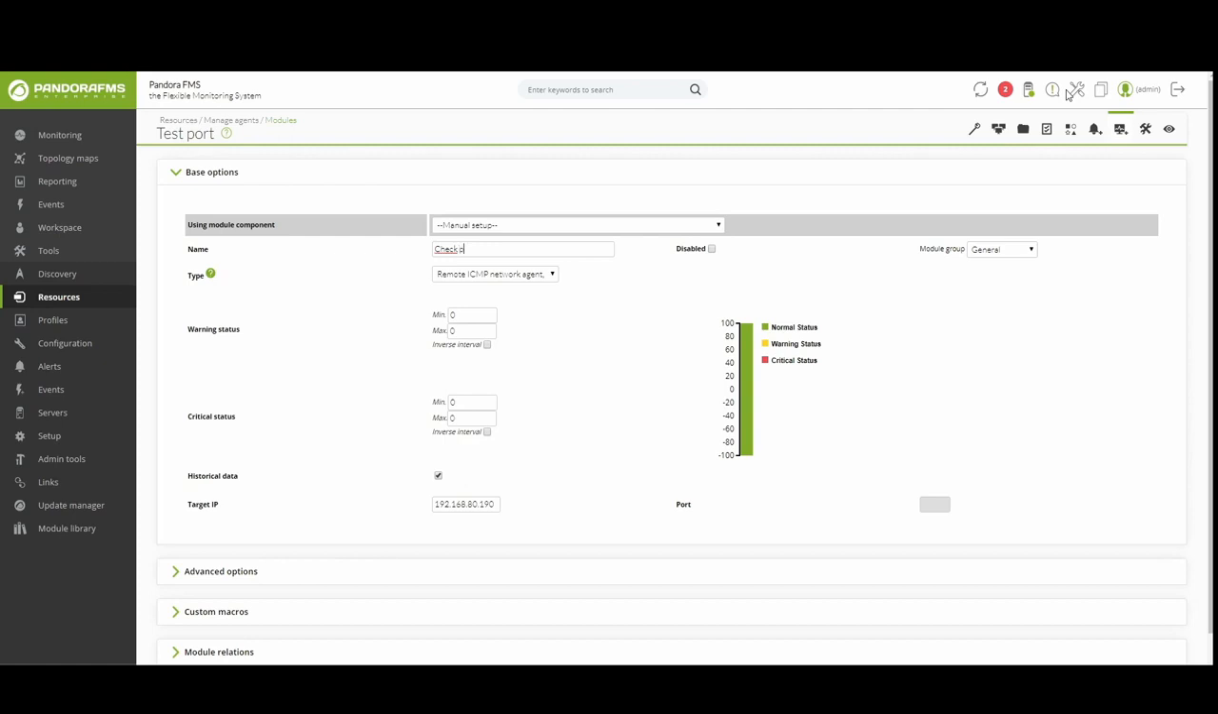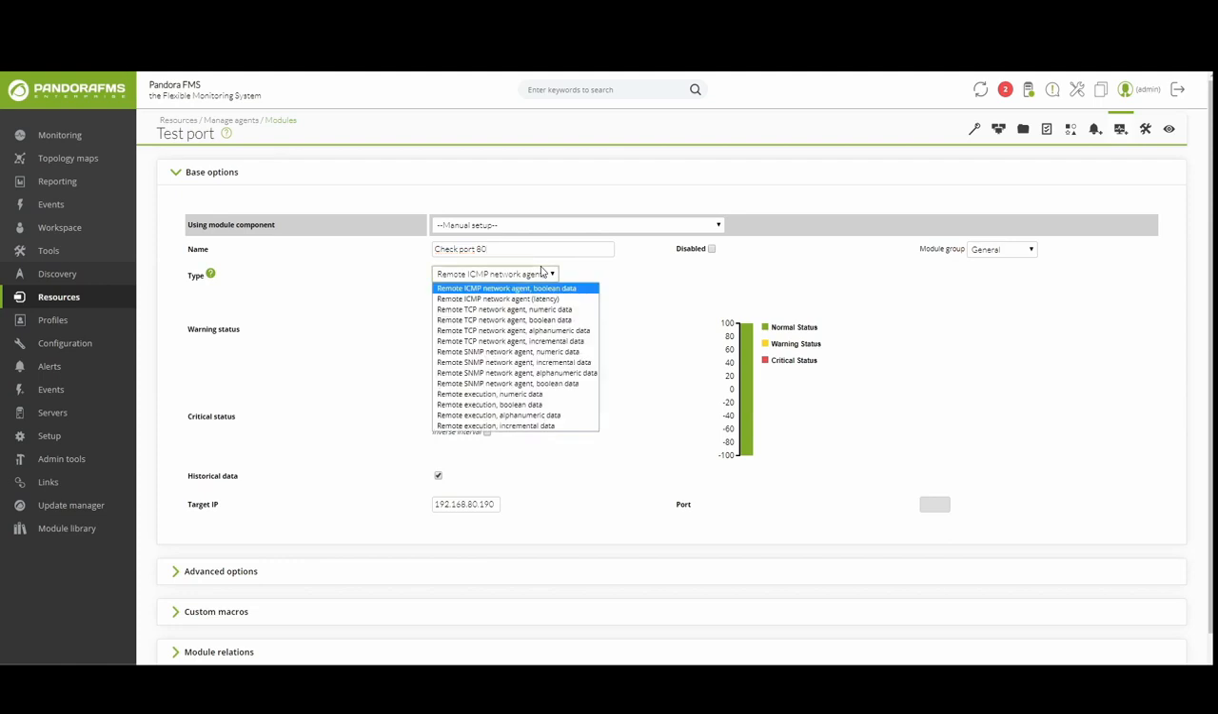In the next window, we will have to give a name to our module. Check port 80 TCP for example, and select the type. The most common is to choose Remote TCP Network Agent Boolean data. Depending on the type we choose, we will receive different data of it. In this case, as we want to see whether or not the port is open, the Boolean type is the